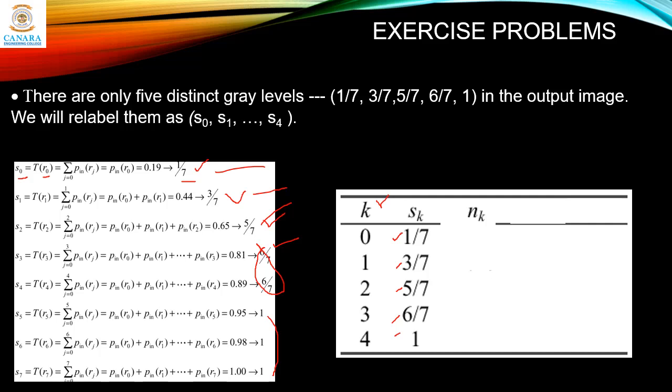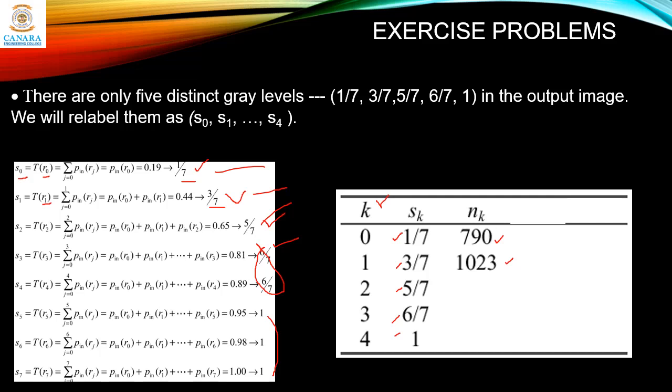So R0 is basically 790, if you recall from the problem. So just take the R0 values and we'll write it for S0. Next, 3 by 7 takes the values from R1. S1 is T of R1, so R1 values will be assigned to 3 by 7 level. So R1 value is 1023. So that is the second level.